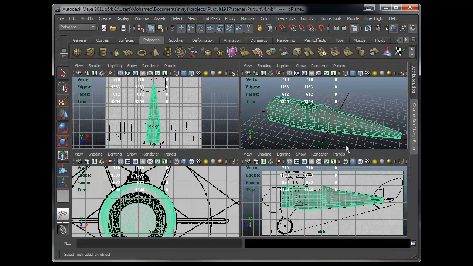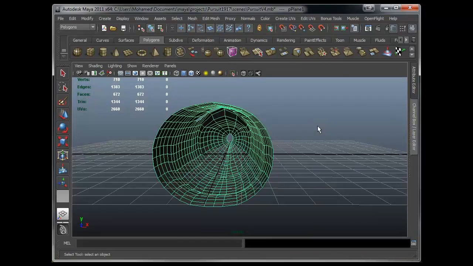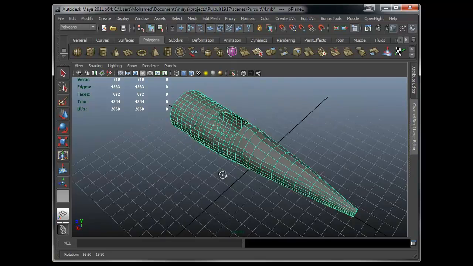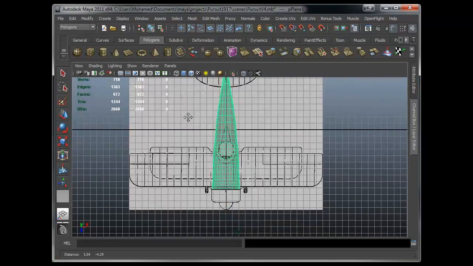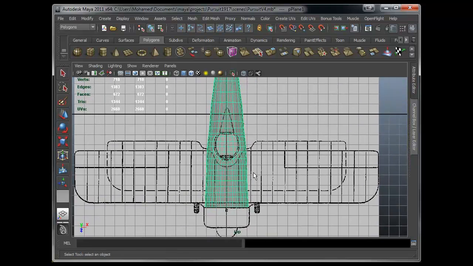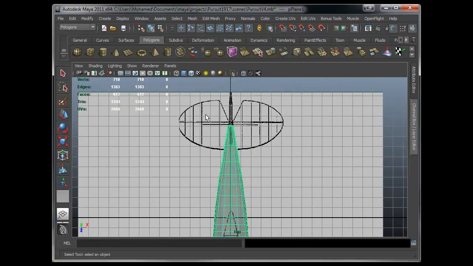Hello and welcome back. Now let's get working on, well, let's finish actually, trying to finish this airplane right now. So I'm going to start modeling the wings, and then later on, once I finish the wings and the tail of the airplane,